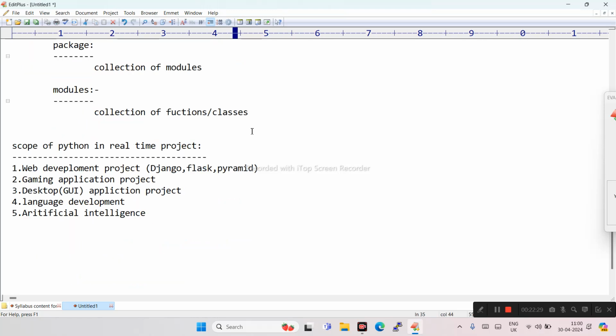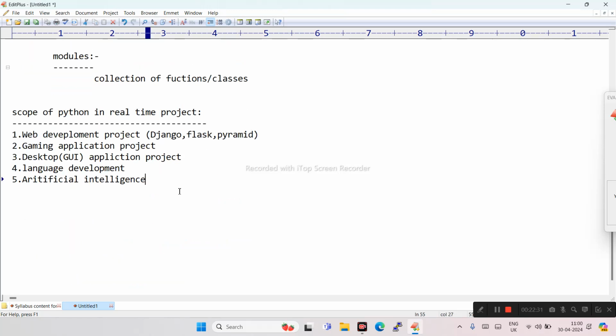So one of the modules and one of the packages is also used in artificial intelligence. It can be used in machine learning and deep learning projects also. Artificial intelligence is a combination of machine learning and deep learning, but it is the upper layer of machine learning and deep learning.